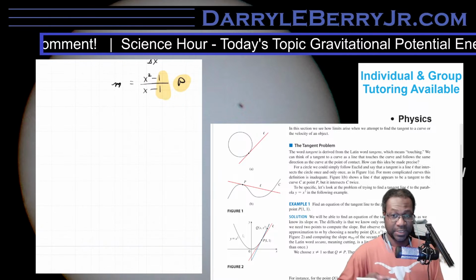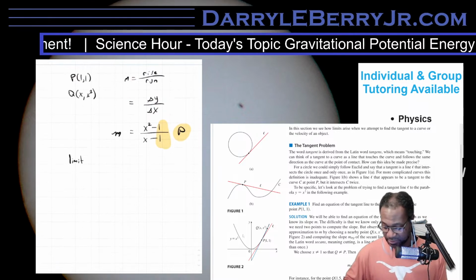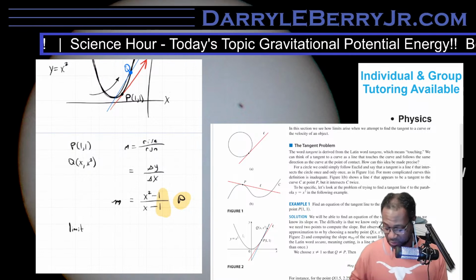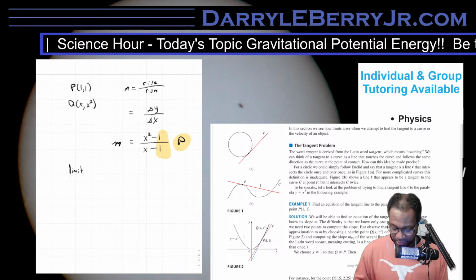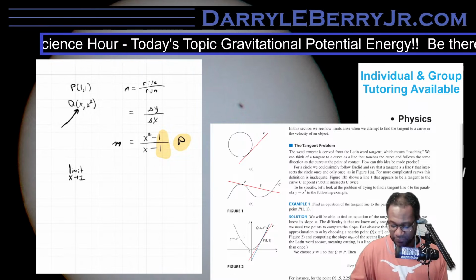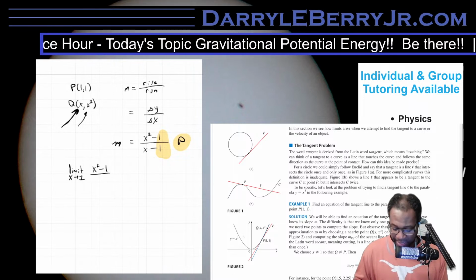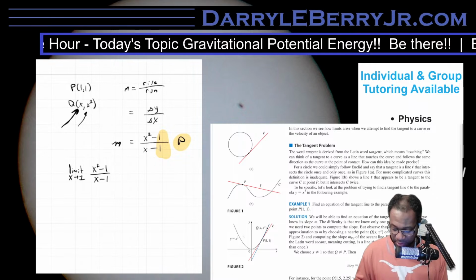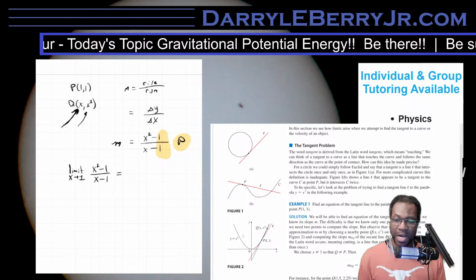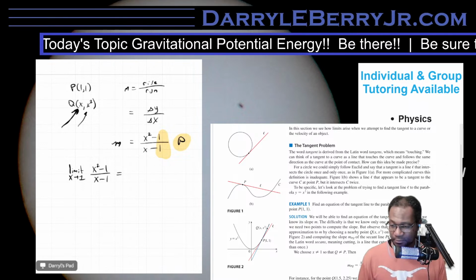Now, the way this can be written in limit form, it will be the limit, and because this point here is 1, 1, because we decided that's going to be our tangent point, it'll be the limit as x goes to 1, since x is the variable that we're putting in to get y. The limit as x goes to 1 of x squared minus 1 over x minus 1. And the solution to that will be the slope of the line at that point, from which we can get our tangent line. So if there's any questions, let me know.